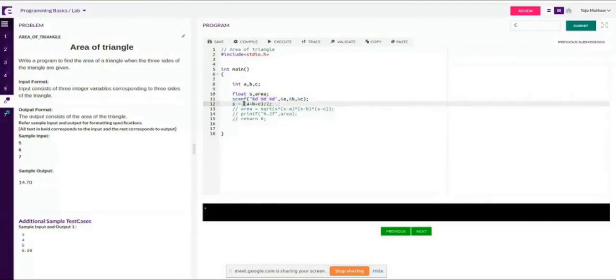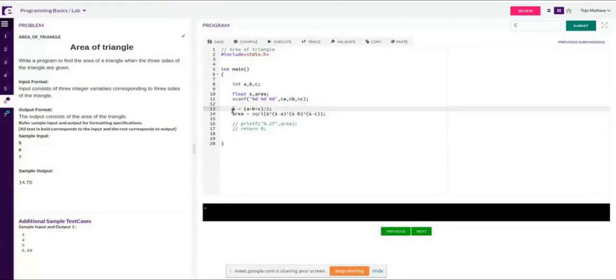The next statement is the logic of the program. This is the processing part of the program. s equal to a plus b plus c divided by 2. That will compute the value of s. And then area is equal to square root of s into...